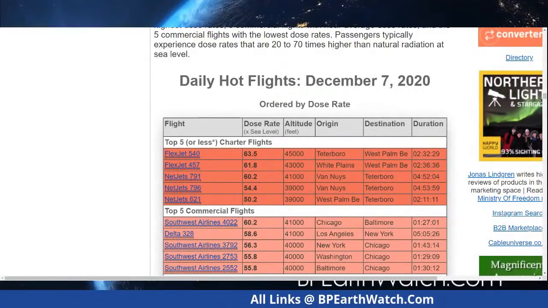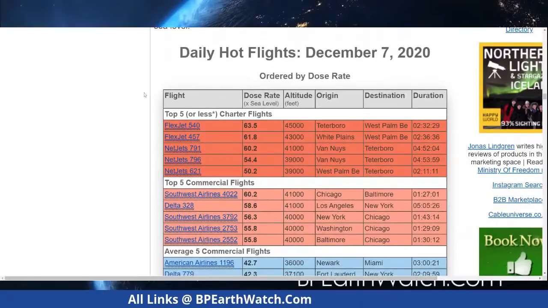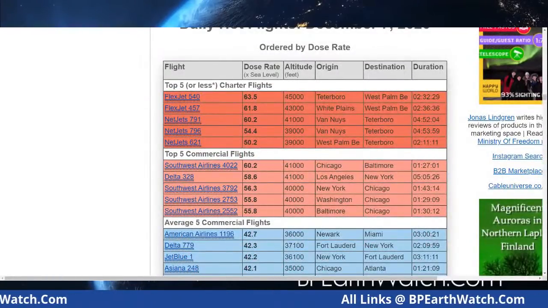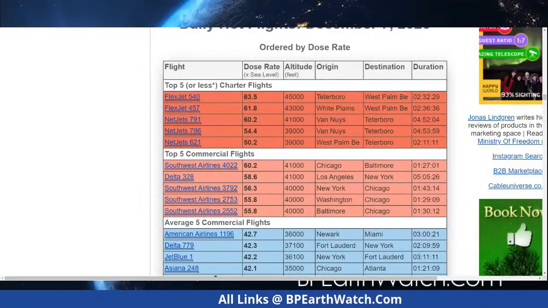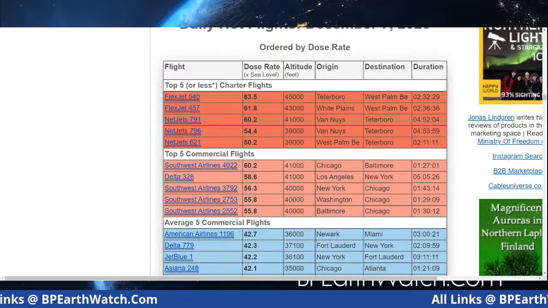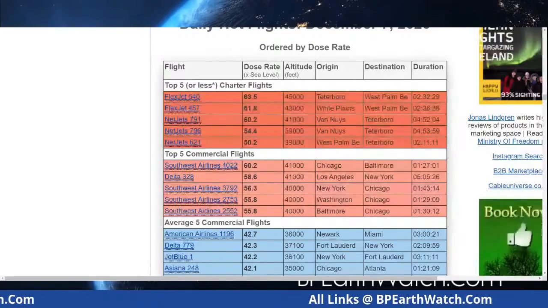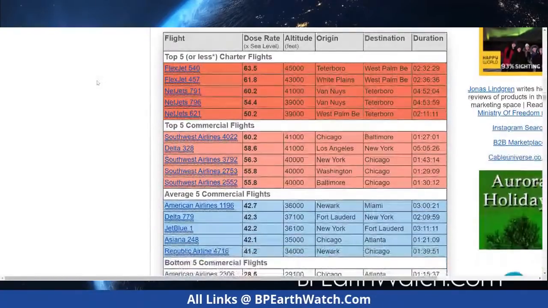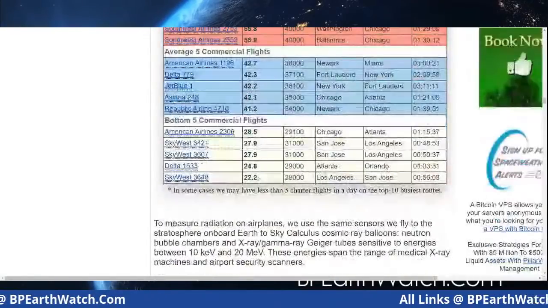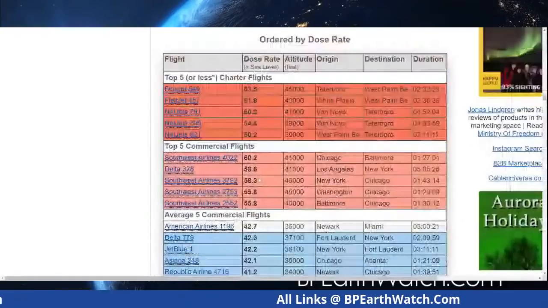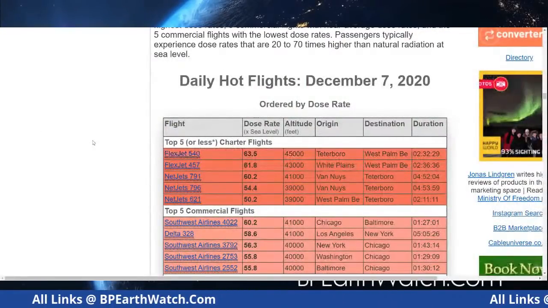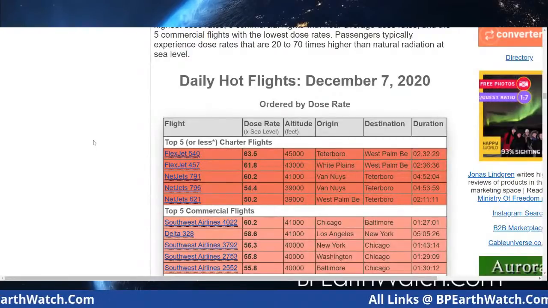This is 2 days old. And what they do, I guess they've had people on these flights and different ways to measure the radiation. But this gives you the dose rate of the amount of radiation that you're at on particular flights. It gives you altitude, sea level, destination, duration, which is important too. But the brighter, if you go from white to orange, you're getting into the dose rate at 63.5, and that's been increasing over the years by several percentage points.